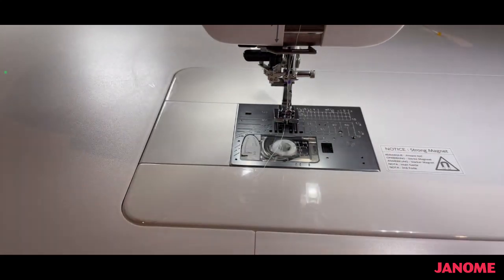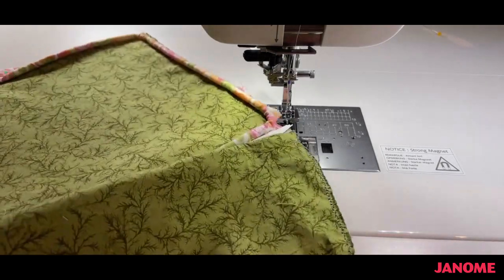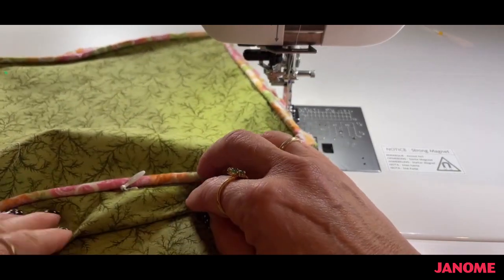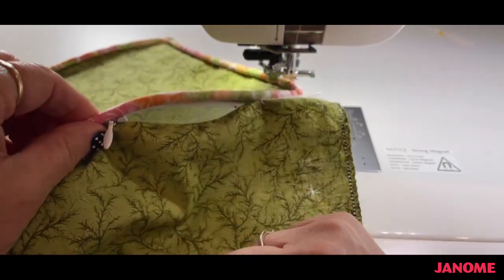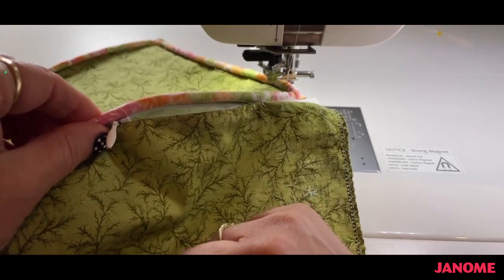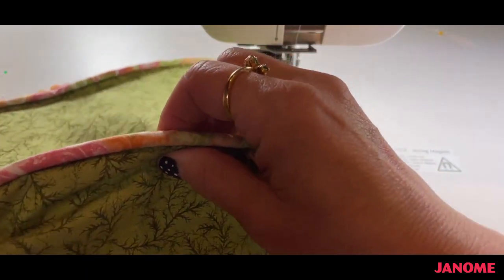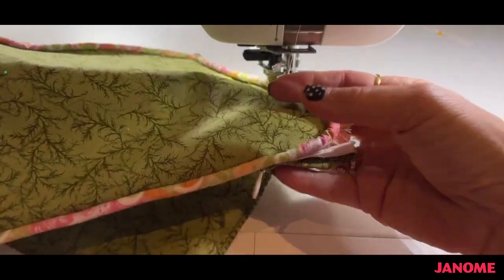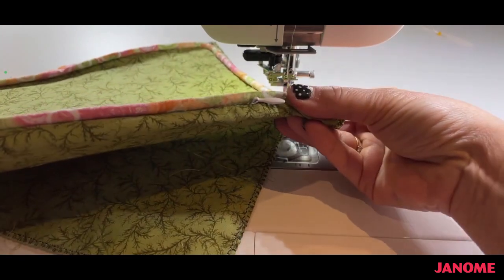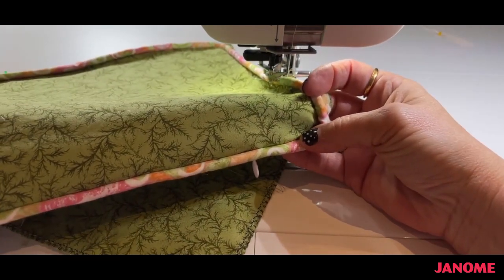All right, so let's look at doing it with a welting. Now this is more of a challenge, and here's the pillow sample I was working on the other day, and I did put in a little opening here with my concealed zipper. So if this was my opening when I finally close my pillow and I flip it up, you're only going to see, look what you're going to see, nothing. So it makes a nice, clean